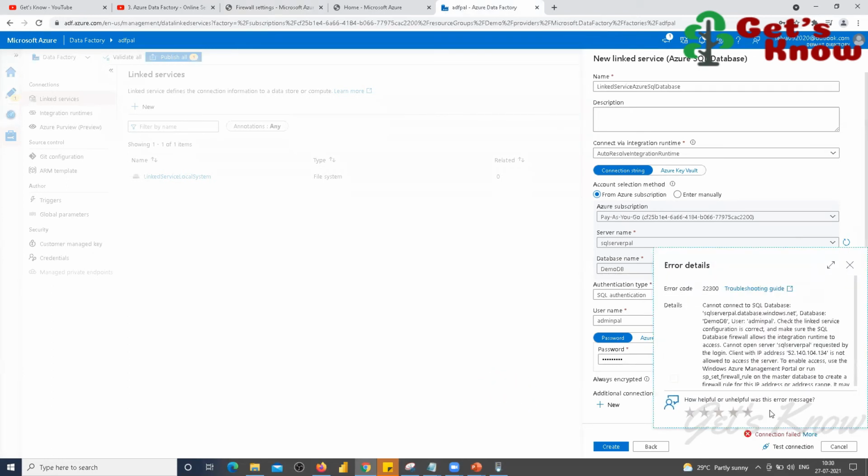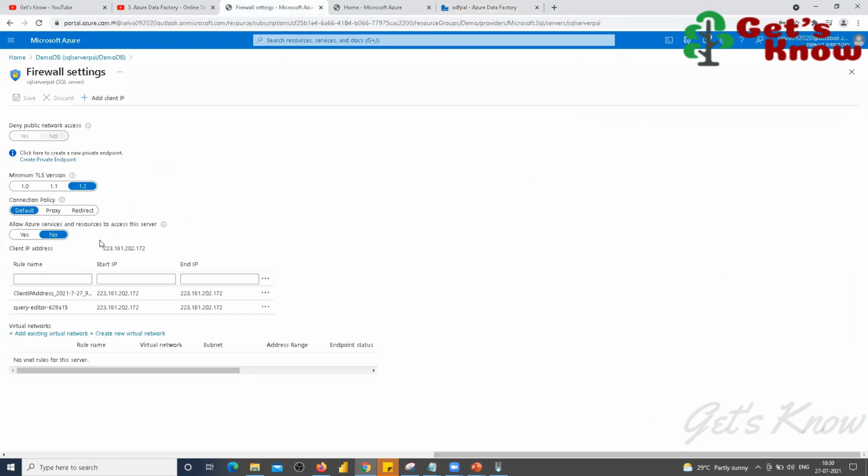Connection failed. I'm clicking more. What is it saying now? Cannot connect to the SQL Server database using this username, because the client with this IP address is not allowed to access the server. So this ADF has a separate IP, and this IP is not allowed to access this database.